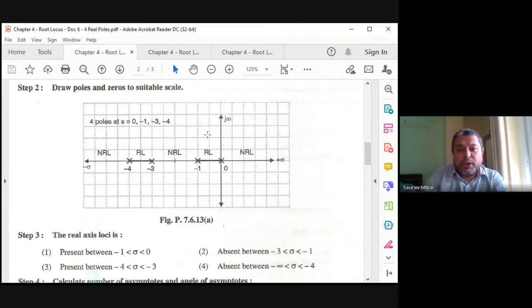Here, first we will plot all the poles. So at k is equal to 0, this is the first pole, 0, -1, -3, and -4. Now the rules are, so there are a lot of rules. It will keep on coming. Even till the last example also rules will keep on coming because root locus is like that only. Whenever there are two poles which are adjacent to each other, in this case you are finding there are two poles, okay, that means there will be a breakaway point here. So that is the first thing.